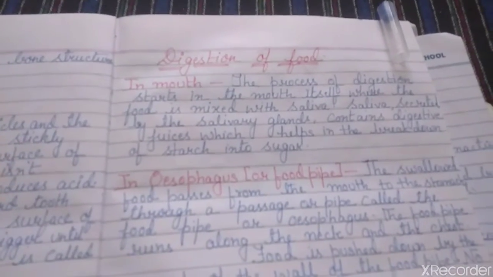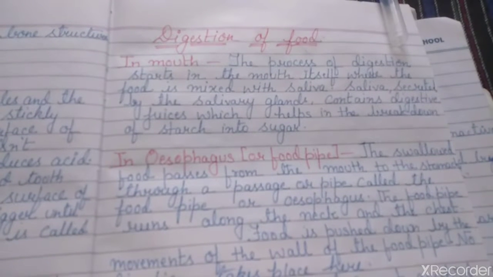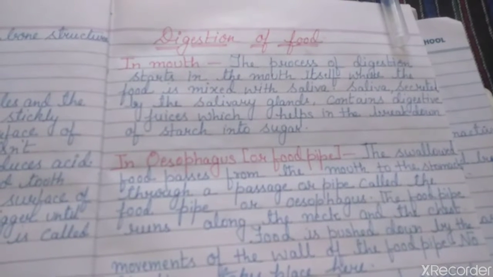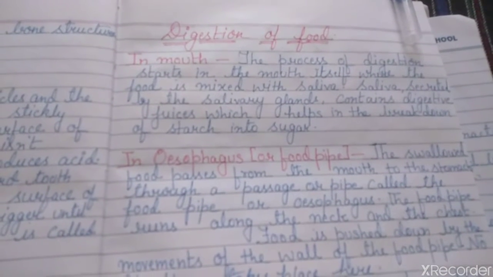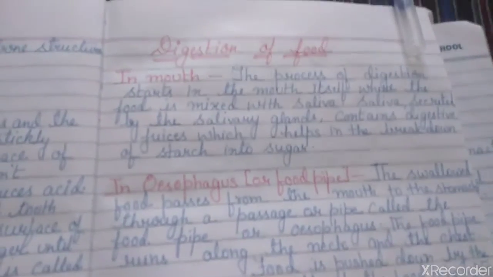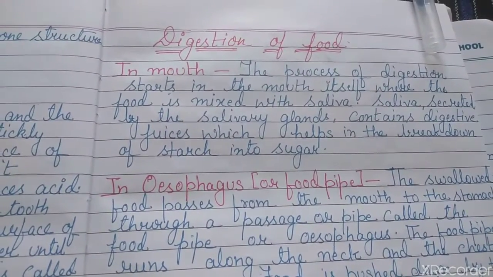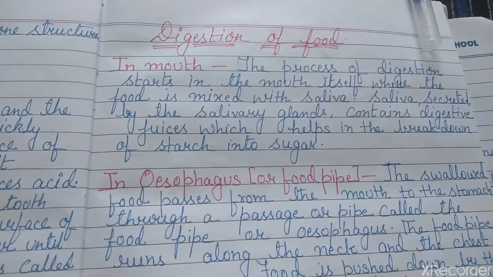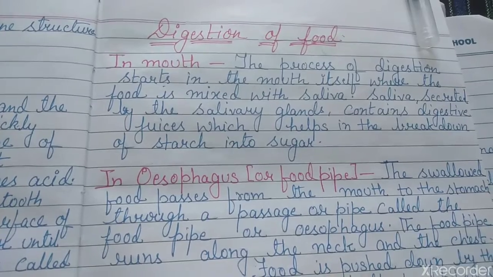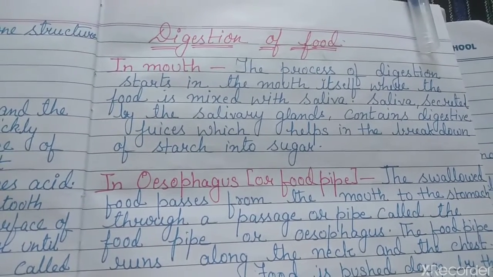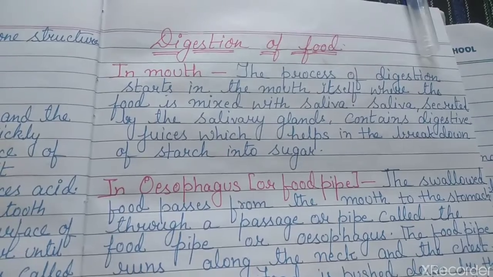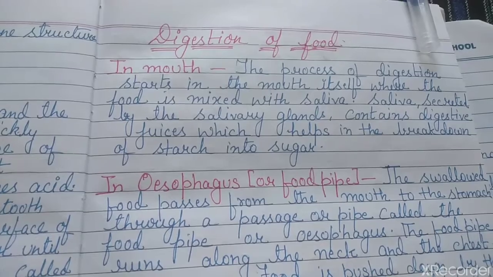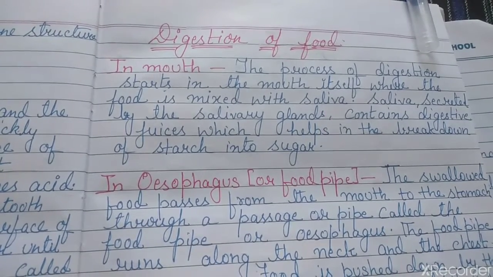After reading that portion, that is about the structure of teeth, taking care of teeth and precautions to be taken, we are going to start with a new topic, that is digestion of food. So you know that digestion of food takes place in 5 different steps. So we are going to read about it step by step today. The first step is in the mouth. You can understand that digestion starts from the mouth as we take food in through our mouth.